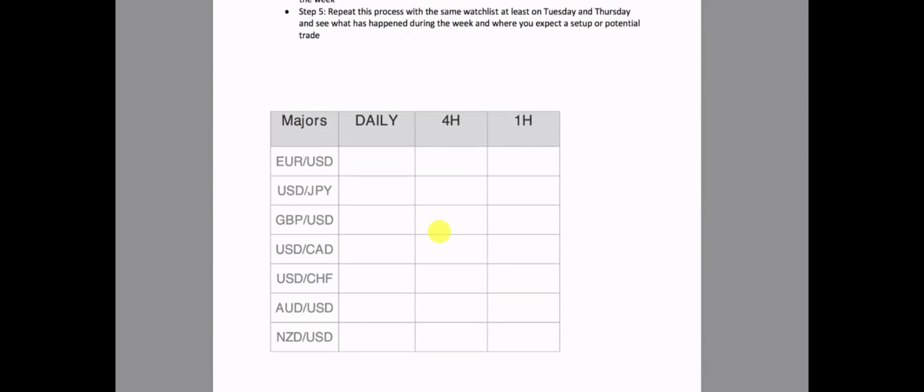And then I will go back to the top, go to the first pair where I have an X, and then I create my trading plans, set my price alerts, update my charts, and so on and so forth. And that's how I go about this every Saturday and Sunday and create my watch list. And then the final product is what you see